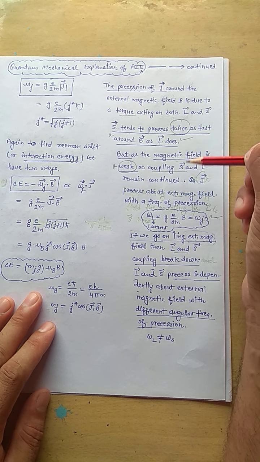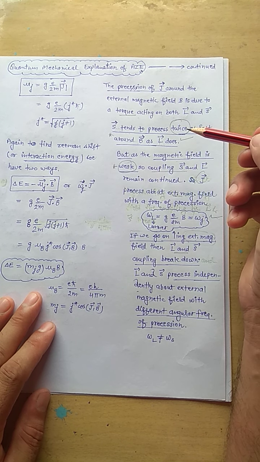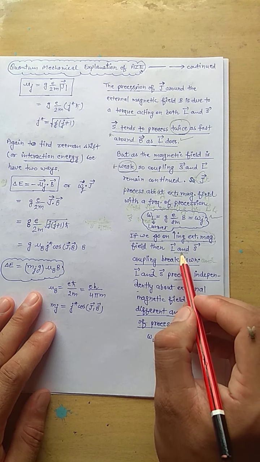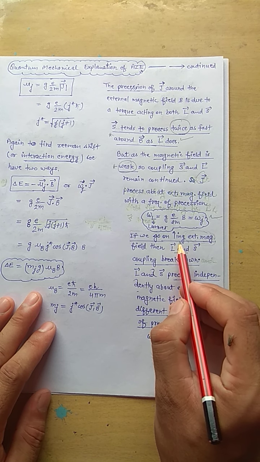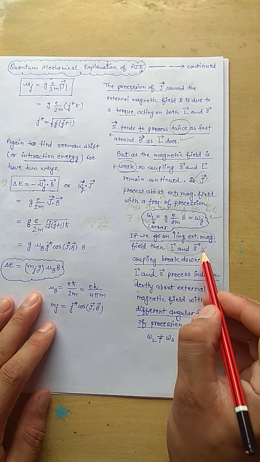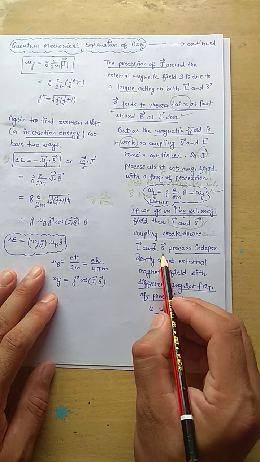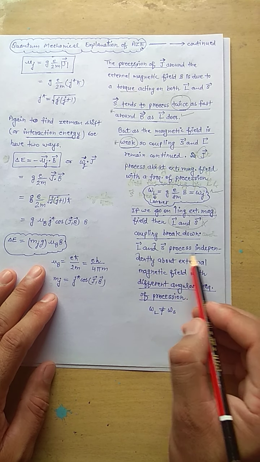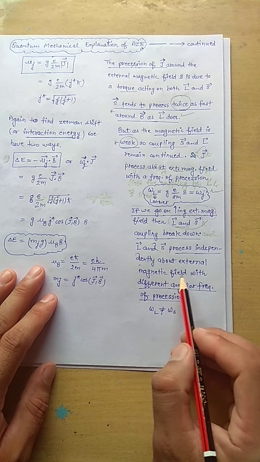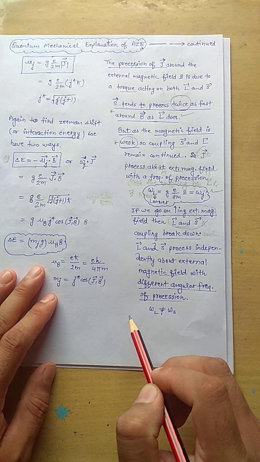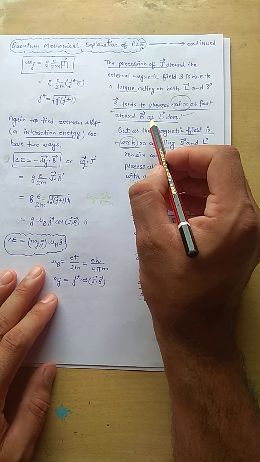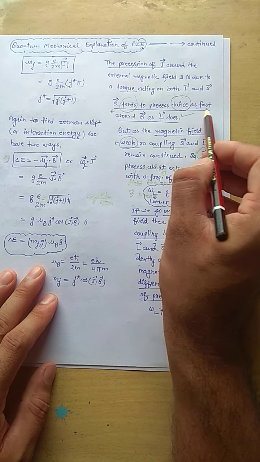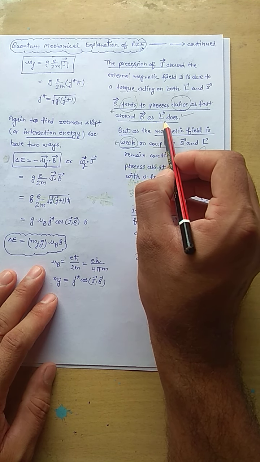ठीक है, तो आप उसको इतना एक्साइट कर दोगे, अगर मैग्नेटिक फील्ड को आप स्ट्रॉन्ग अप्लाई कर रहे हो ना, तो आप एटम को इतना ज़्यादा एक्साइट कर दोगे कि जो LS कपलिंग है ना वो ब्रेक हो जाएगी। तो फिर L और S अलग अलग हो जाएंगे, फ्री हो जाएंगे, और वे फ्रीली, इंडिपेंडेंटली एक्सटर्नल मैग्नेटिक फील्ड के about प्रीसेस करेंगे। ठीक है, तो अब देखो जब वीक मैग्नेटिक फील्ड था तो हमने वर्ड यूज किया था टेंड टू प्रीसेस ट्वाइस एज फास्ट अराउंड B एज L डज़।